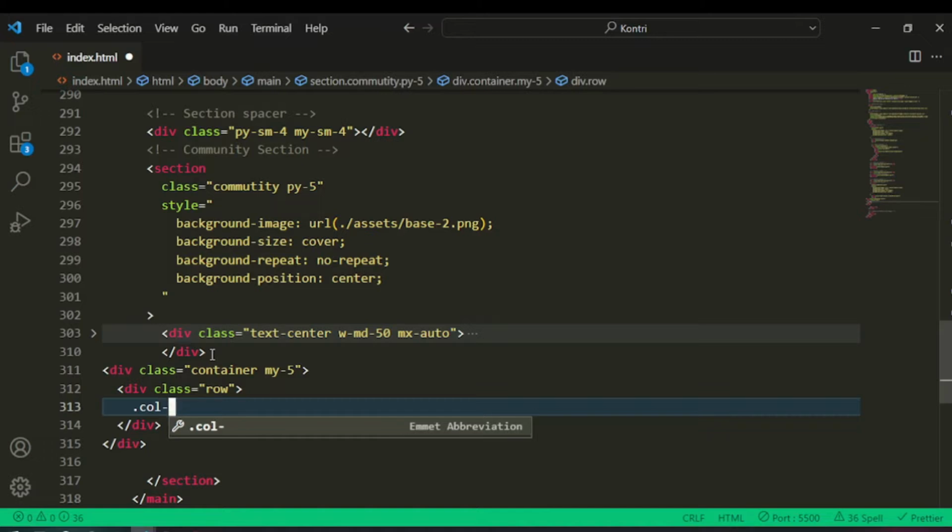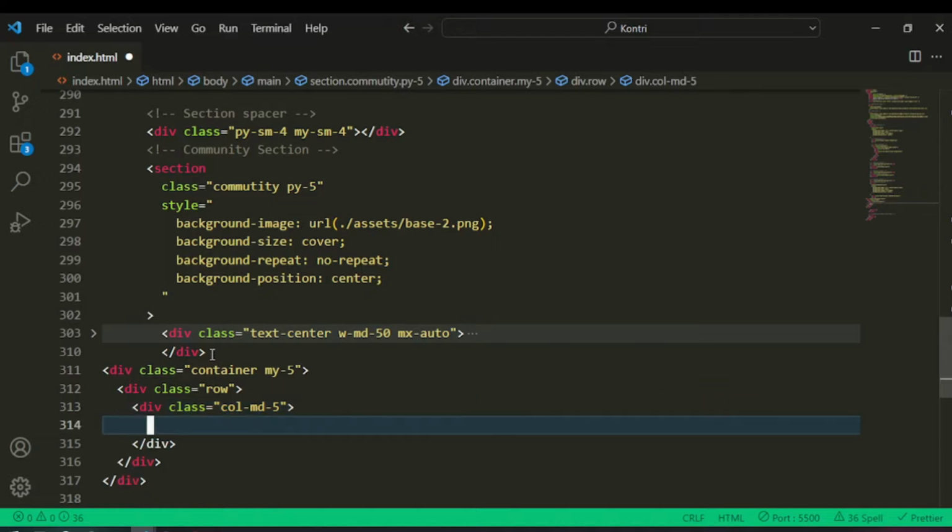So we say column dash md dash 5. Now if we press tab there, we will get our column working for us there. Now if we don't do it like this, we will need to do it again here. Well, the next thing we need to do now, say inside this column